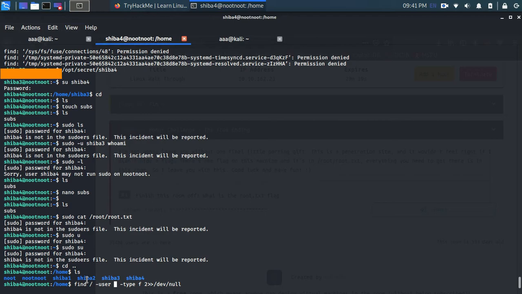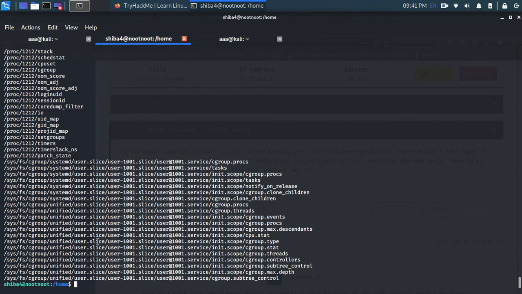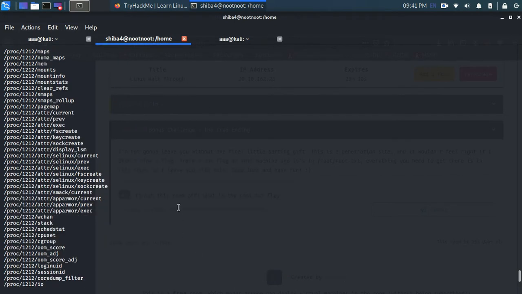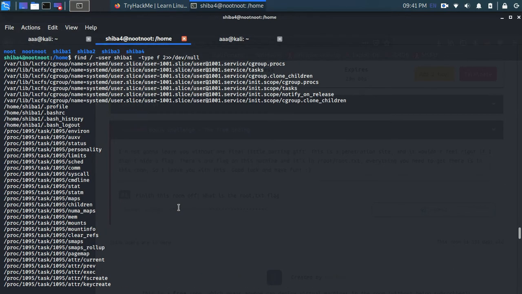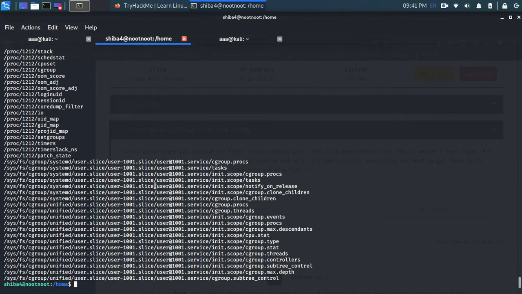Let's do it with Shiba 1. When I do it with Shiba 1, you don't see any errors. Now I'll remove this and do Shiba 2.